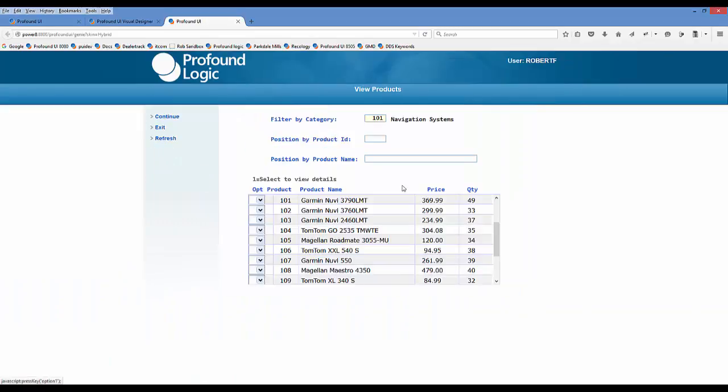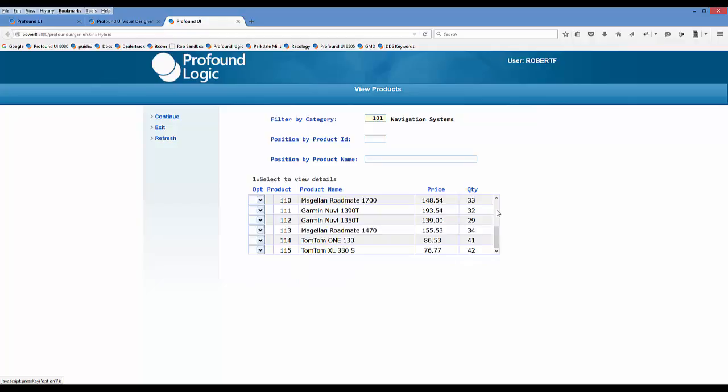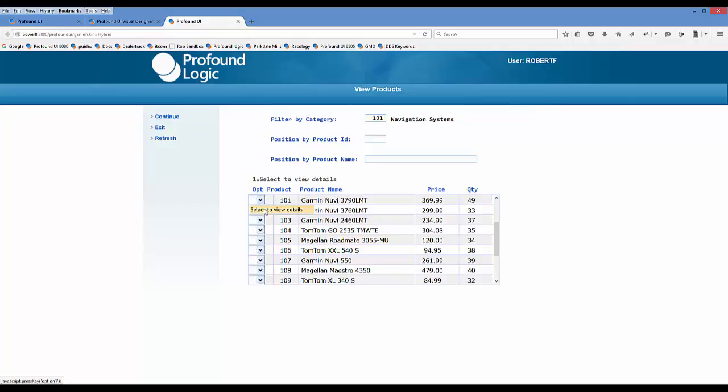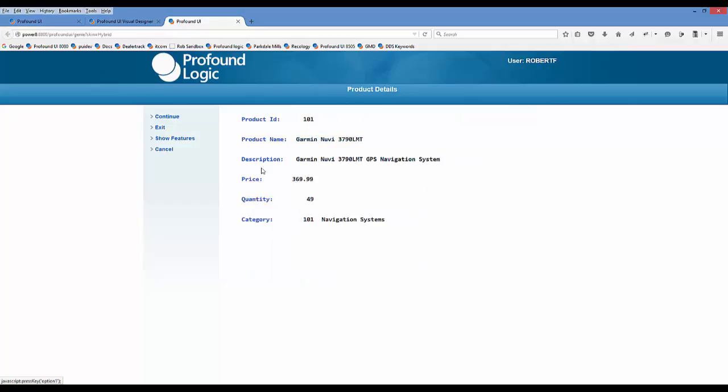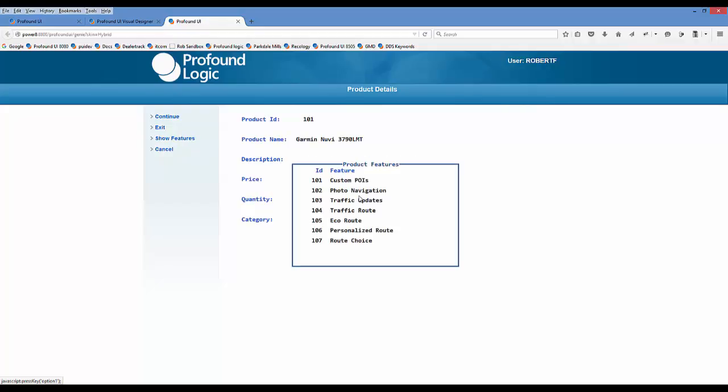So let's run this same green screen program in Genie. You can see we've got a subfile grid here. We can do a page up, page down with this scroll bar, so that the program still gets its page up, page down. We can detect the strings like 1 equals select to view details. It puts it automatically in the drop-down box to run to the second detail screen. Click our link to show the details, and we can page up, page down. Basically the same thing running in a browser with some